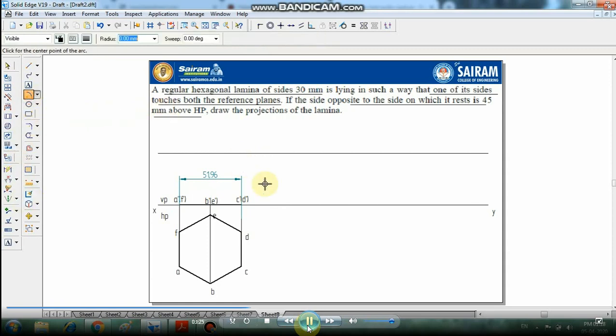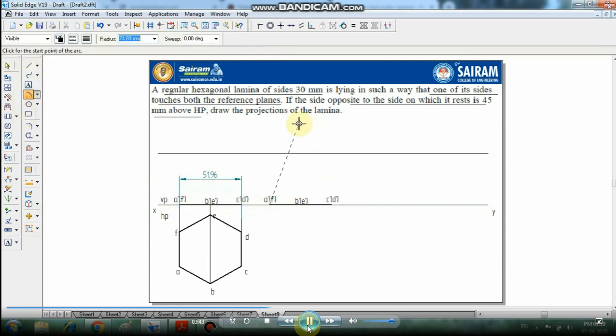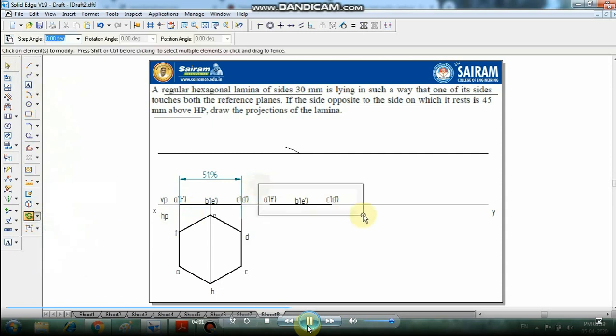In the front view we have to see that it is 51.96. So this is to be moved over to the next side, and we have to rotate it. First of all, just keep a copy, move this front view, and from the center, find arc, select arc. From the center point just maintain 51.96, which is there in the dimension check. Make an arc, trim it, and now we can select this line and rotate from the center point of rotation. Just select and keep it on the joint.